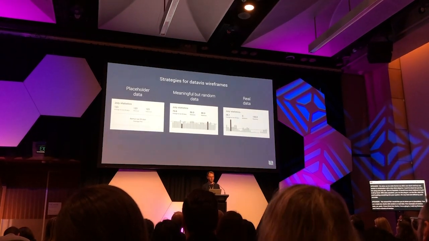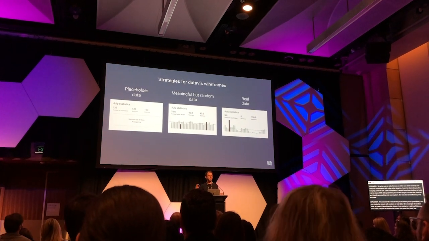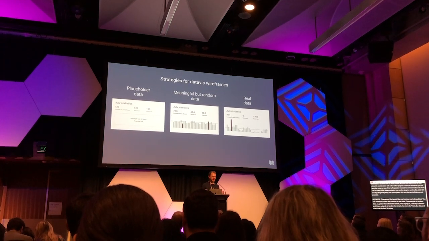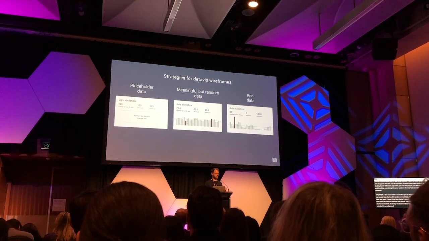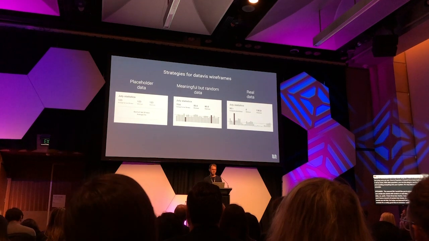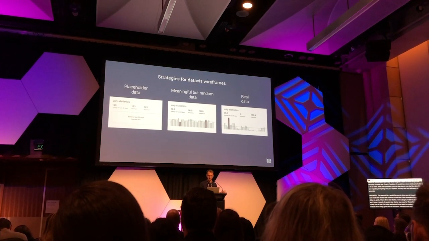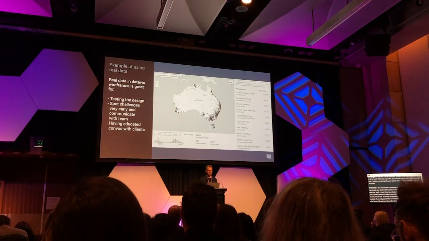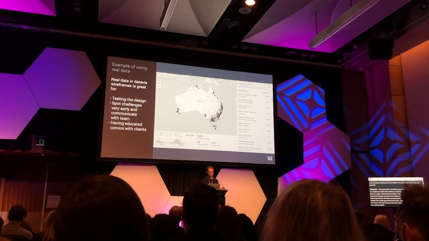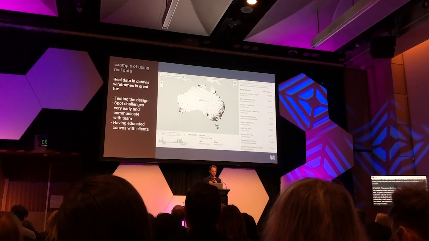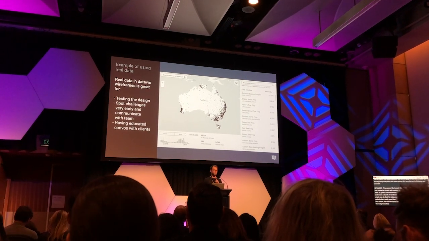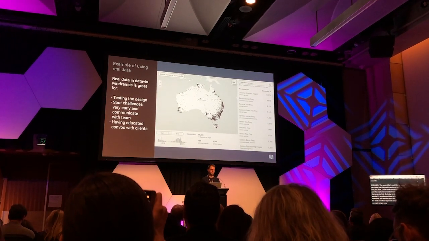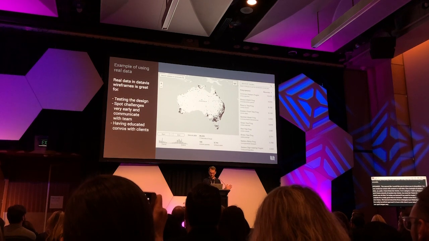Okay, so today we learned that if we want to create data visualization websites, it's a really good idea to include some kind of data into our wireframes. We learned about the 3 strategies, and we also heard about some alternatives like sketching. But I think it's fair to say that a really beneficial approach is to use real data in your wireframes. So if you use real data in your wireframes, you can really test your design, you can spot challenges very early in the process, communicate with the team, and eventually solve them. And you have really educated conversations with your clients. But most importantly, I really have to say,